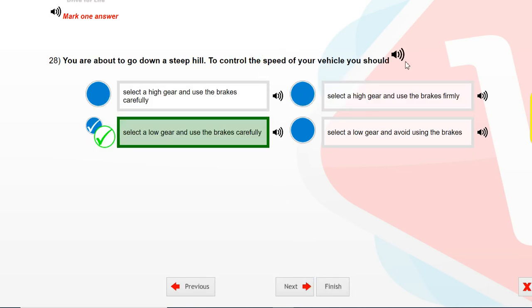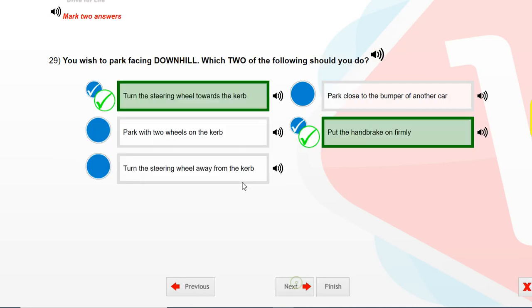You are about to go down a steep hill. To control the speed of your vehicle, you should. Select one answer. Select a low gear and use the brakes carefully. You wish to park facing downhill.